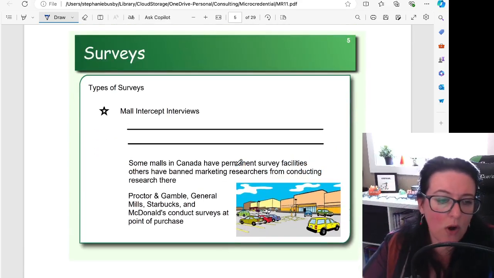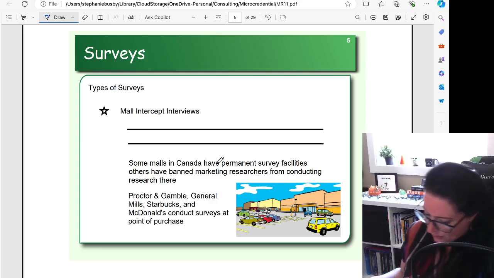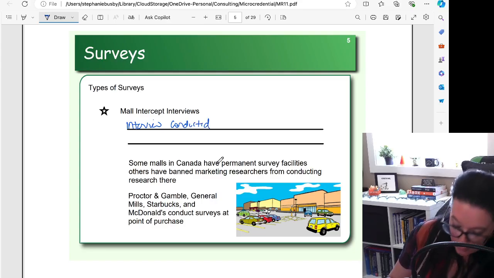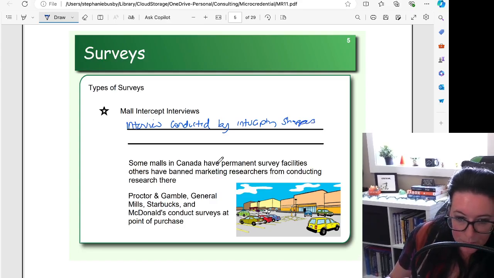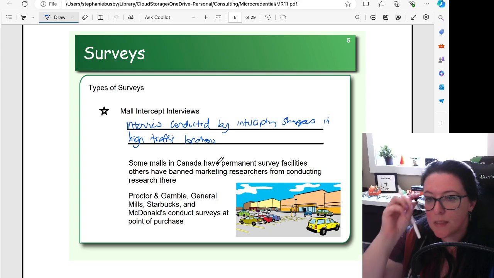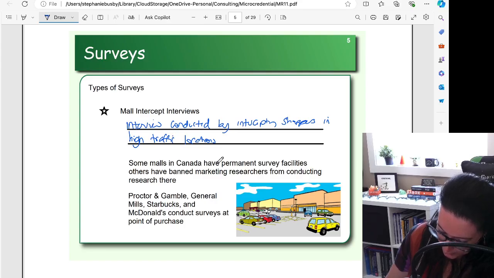The next one is what is called a mall intercept. And a mall intercept interview is an interview conducted by intercepting shoppers, typically in high traffic locations. So the idea is you want to get participants for your survey, you go to where they are, and you then interview them